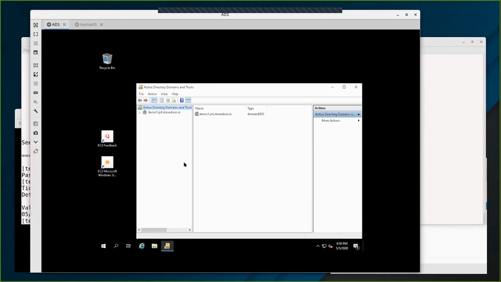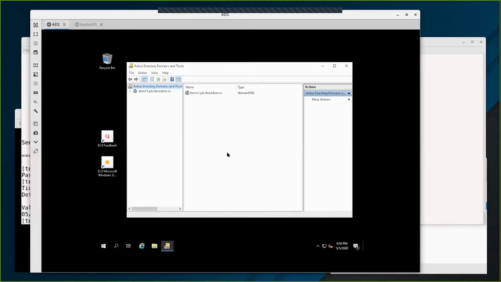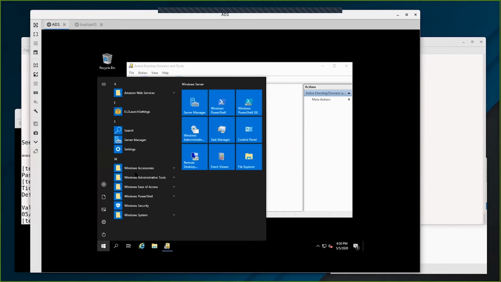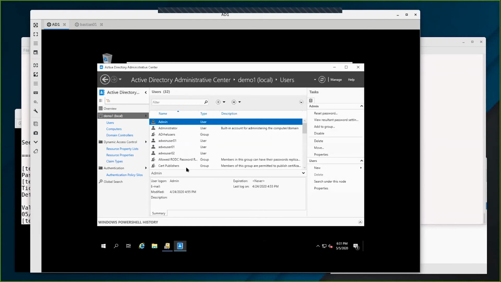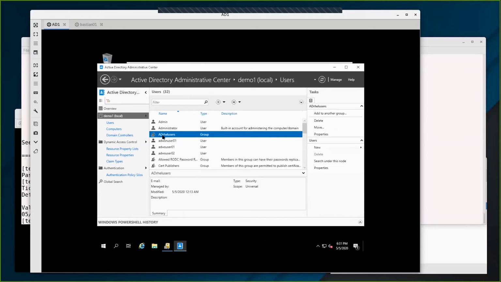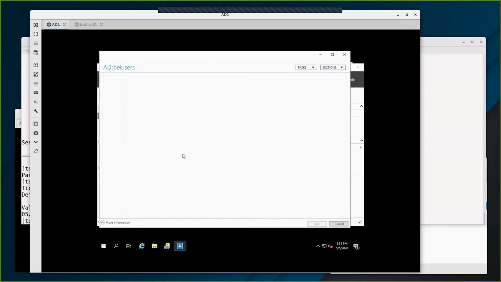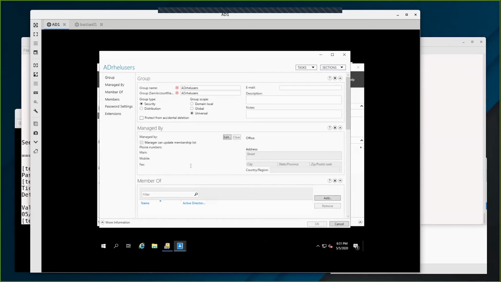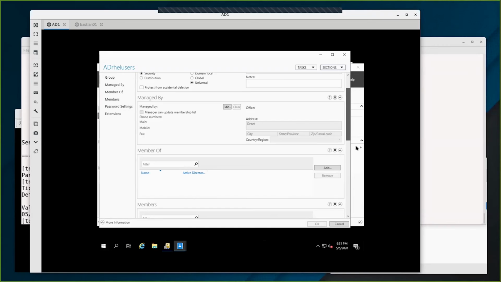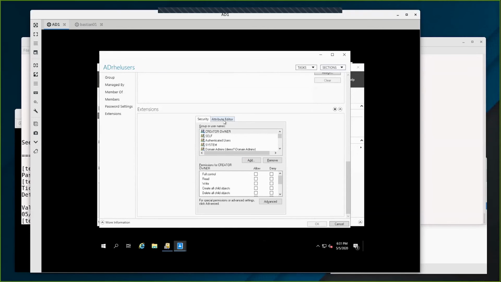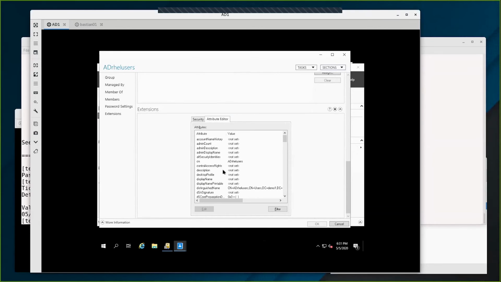So I'm going to open up my Active Directory Domains and Trusts. One other thing I'm going to do is look at my administrative center. First of all, I'll show you the users I've got. I have this group, which is RHEL users. I went in and created this, and this is a critical thing that you have to do if you want to use an Active Directory group with IDM. So here I'm looking at this RHEL users, I scroll all the way down to the bottom and go to the attribute editor, and you have to assign it